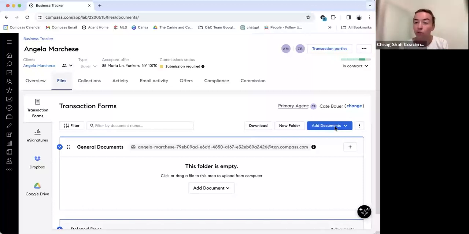So I'll show you the Google folder system that I think will make it a lot easier to keep everything together. That's something that is a Kate addition to this that I think makes Business Tracker a little bit more useful. And I'm sure Compass will eventually solve for that as well, so that you don't have to use a separate system and then embed it in.